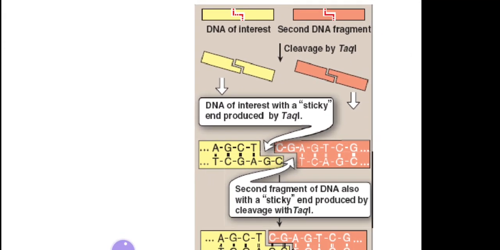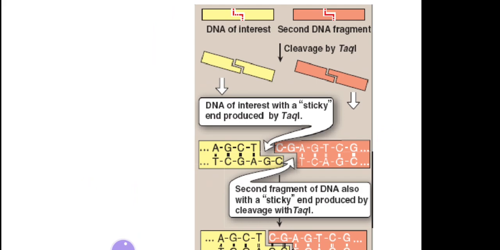In this diagram, it is shown that the formation of recombinant DNA from restriction fragments with sticky ends. For example, the yellow sequence is the DNA of interest, which we want to cut and ligate into some vector. In the next lecture, I will explain what vectors are, what the types of vectors are, and what their purpose is.